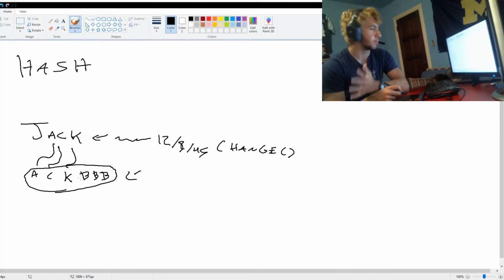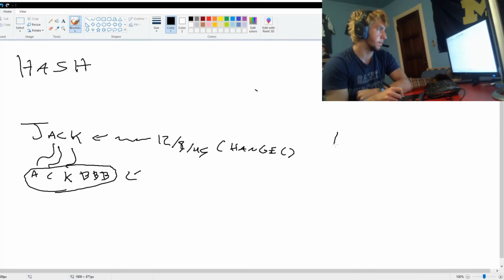And again, this is a very crude representation of how hashing works. It wouldn't really be completely discounting this J as data. But this is just to give an example so you can see how it works. So they're saving this password. Then say you're going and you're logging in somewhere.